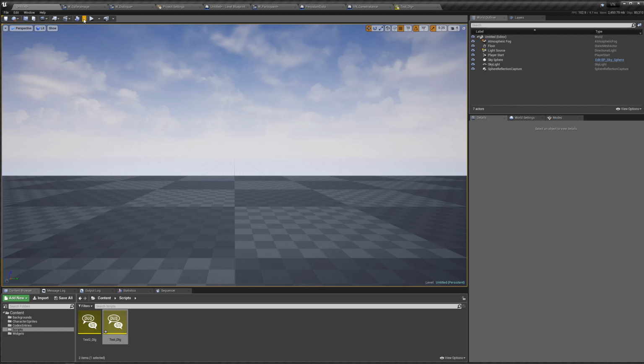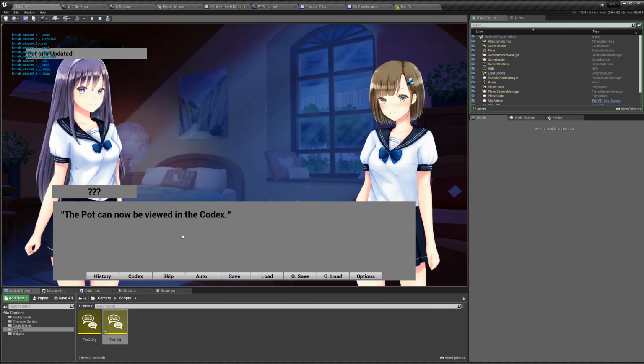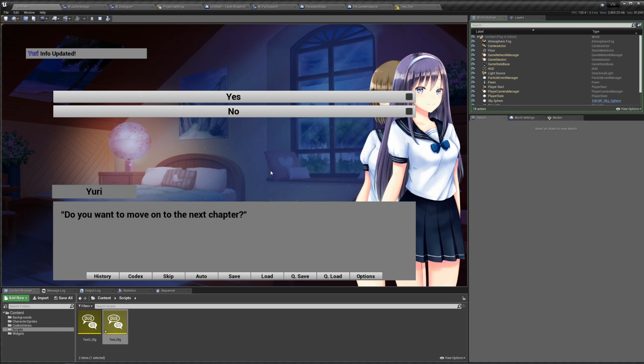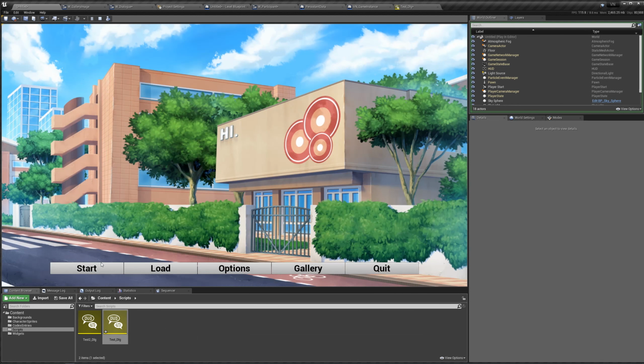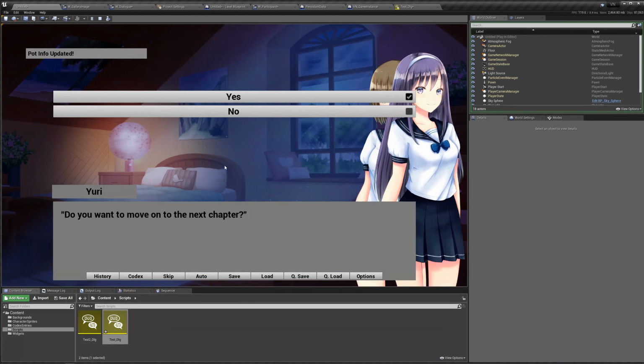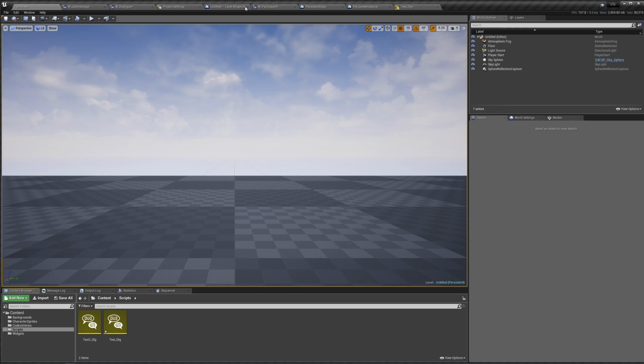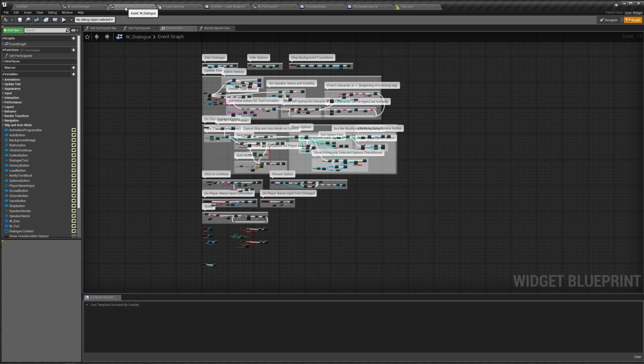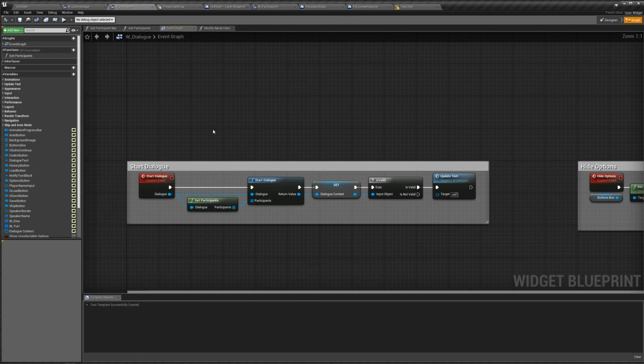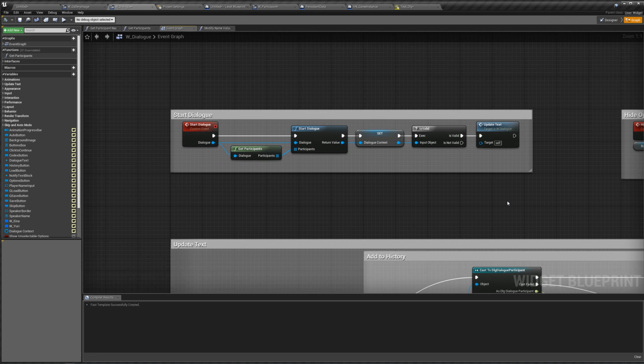So if we were to play right now, it would just look sort of break it, yep, and then it would end, or we could skip all the way, break it, and then we go no, and it goes you have to move on at some point, and we can keep choosing no, and it just loops forever. Anyways, to do our splitting our scripts, to go to the next script, I'm going to basically just go to our dialog, and we're just going to use this start dialog function right here. So I already added these scripts to our asset manager, so we can just get that really easily by going